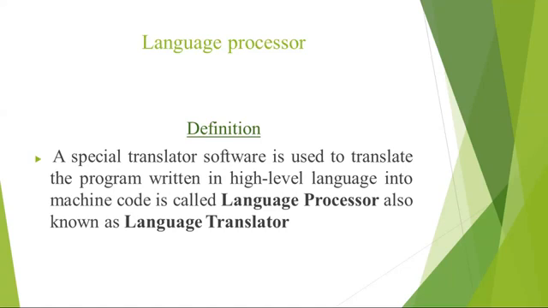What is basically a language processor? Language processors are also called language translators. As we already discussed, there are two basic types of languages: one is high level language and the other is machine language. So a computer can understand only machine language. The program written in any other language, assembly language or high level language, needs to be first converted into machine language so that the computer can understand it easily. For this reason we need a specific translator. A translator is basically software that translates the program written in a high level language into machine code or machine language so that the computer can understand it easily.